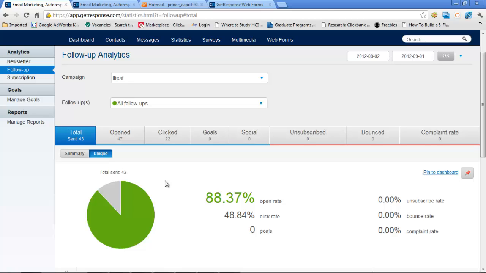So leave your comments below. What do you think about this high opt-in rate? What do you think you can do better? How do you think you can add something to it to improve the open rate? And how do you think you can actually maximize something like this? Now, I know that, I mean, I'm not the most experienced of marketers, but I know that some people out there who work 40 or 60 or 80 hours a week can maximize something like this in so many different ways. So just get in touch with me, tell me what you think of this,